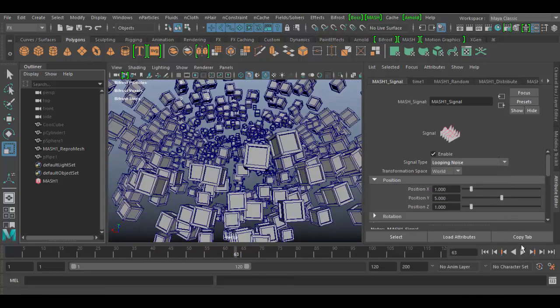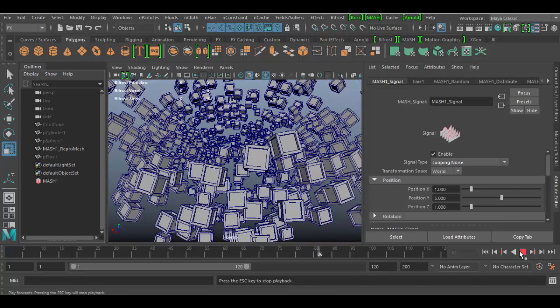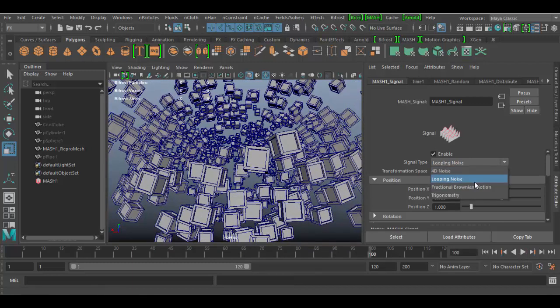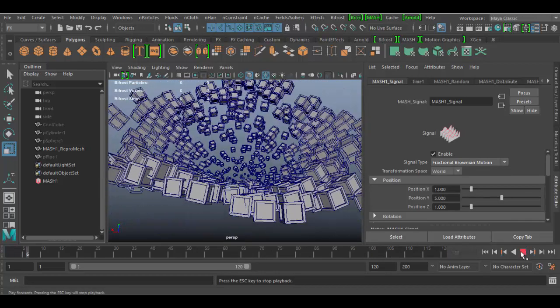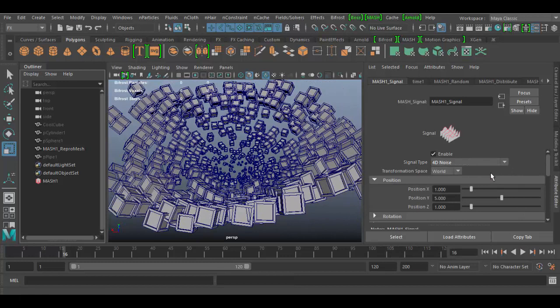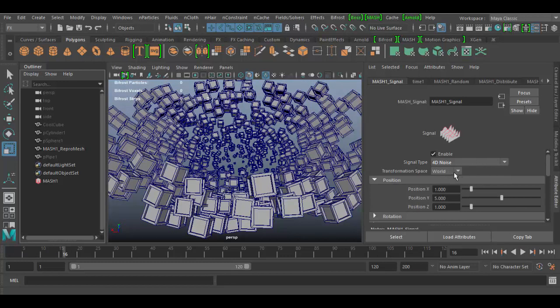If you look at them, looping noise. If I hit play here, you can see a little loop here. The fractional one, which is kind of like a cool little wave. So these are kind of like presets in a way. The 4D noise, though, you can